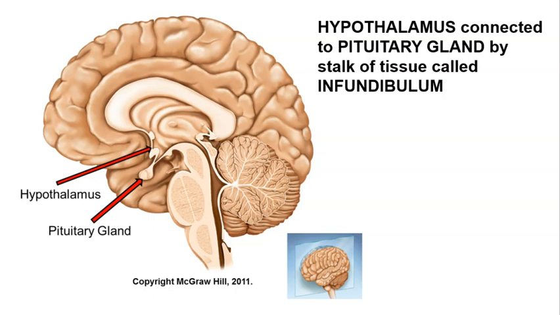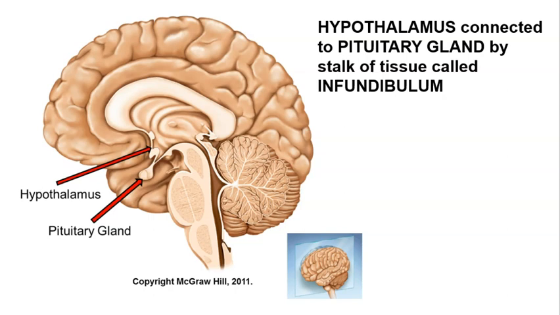So here we're going to examine the relationship and the connection between the hypothalamus and the pituitary gland. The hypothalamus controls the release of major hormones from the pituitary gland. And you may see this referred to as the hypothalamic pituitary pathway or the hypothalamic pituitary axis. So the hypothalamus is a brain structure that's located in the diencephalon, and it's connected to the pituitary gland through